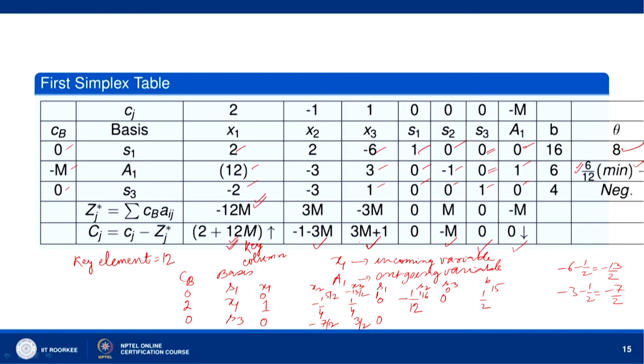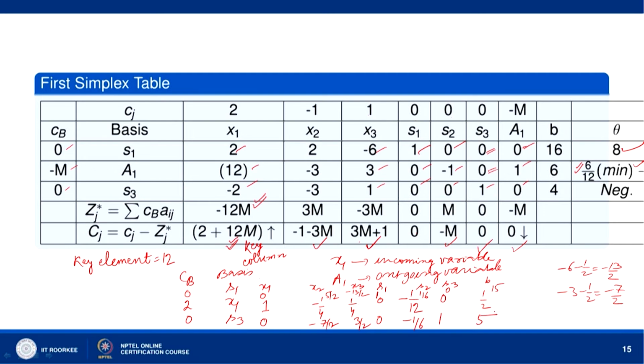Then we multiplied by 2 here, we get minus 1 by 6, minus 1 by 6 we add to 0, we get minus 1 by 6 here, and in the S3 column we have 0, we multiplied by 2 and add to G1. So, we get 1 here, and here we get 1 by 2, we multiply by 2, we get 1, 1 we add to 4, we get 5.